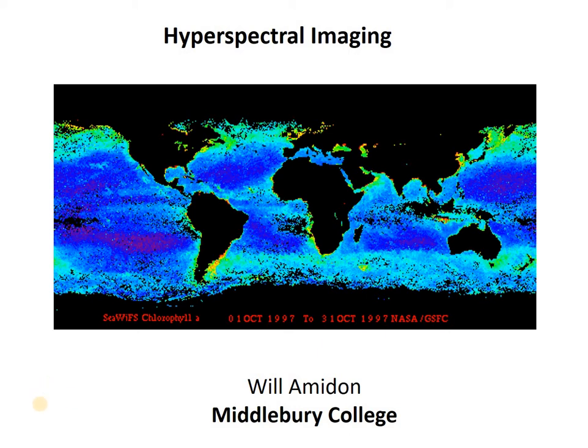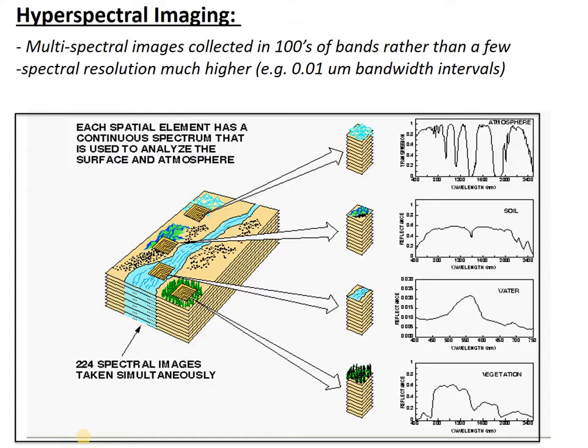So in a previous video we talked about some of the trade-offs between spatial resolution, temporal resolution, and spectral resolution. And we talked about how satellite sensors might be optimized to obtain one of those types of resolution. So hyperspectral imaging is a case where sensors or satellite missions are optimized for spectral resolution. And as the name implies, hyperspectral imaging is images that are collected in many different spectral bands, often hundreds of spectral bands, with a spectral resolution or bandwidth